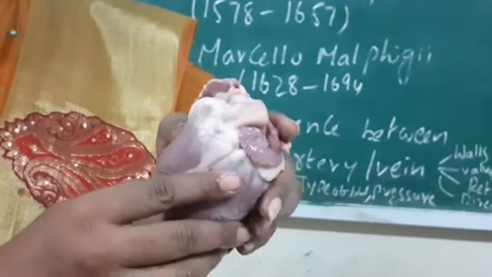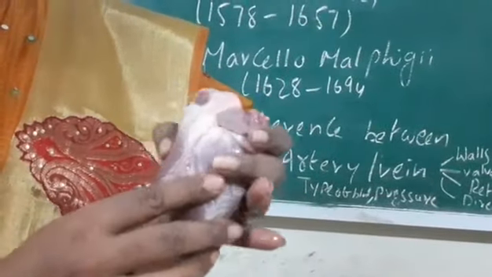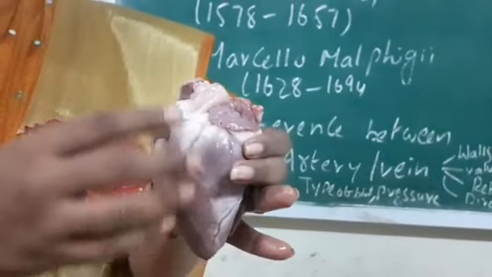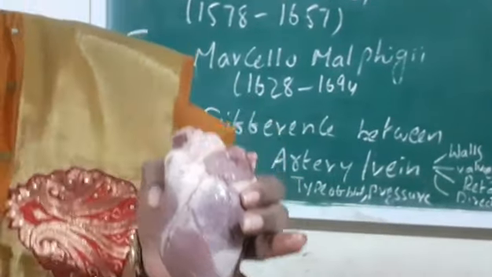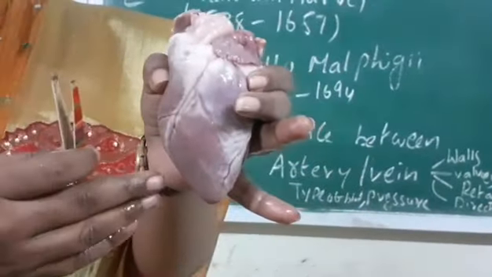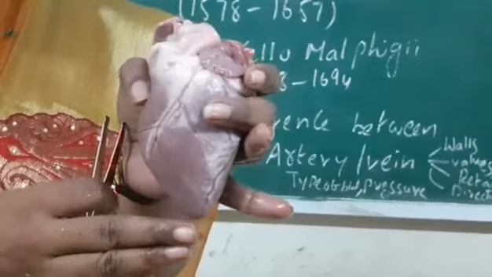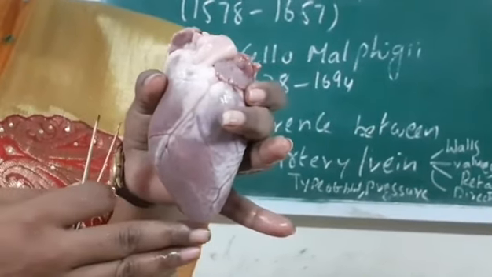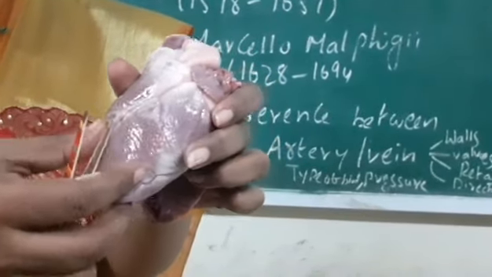Now we go to the internal structure of the heart. Yesterday we saw the lab activity, for which we need a specimen collected from the butcher, a dissection tray, forceps, and a sharp blade or scalpel. In order to see the internal structure of the heart, we cut the heart longitudinally so that we can see the internal parts of the heart.